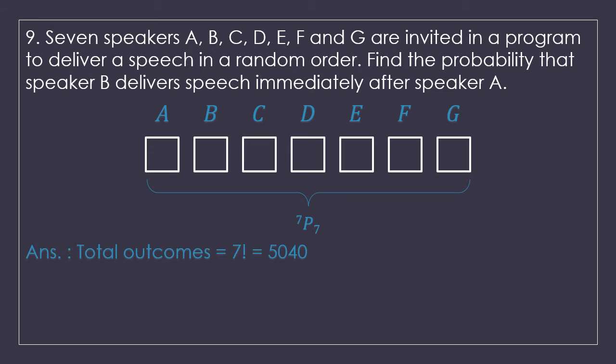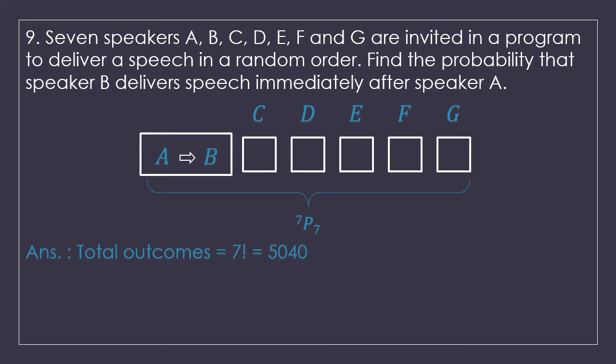But now what we want is that B will deliver the speech immediately after A. This makes them a group. So this is how they are going to look, in a group where B delivers the speech after A. Now this box I have made might look different from the previous sum where husband and wife were there. The simple reason is that husband and wife could be interchanged, that husband can come first and wife afterwards, and wife could sit first and husband can